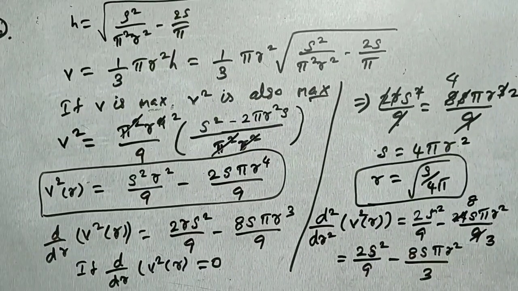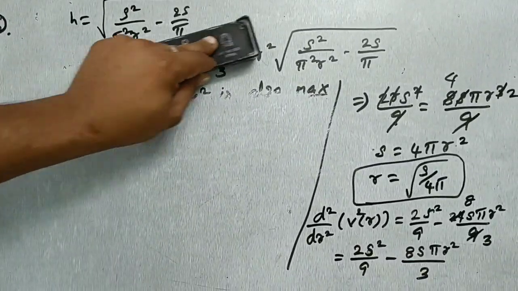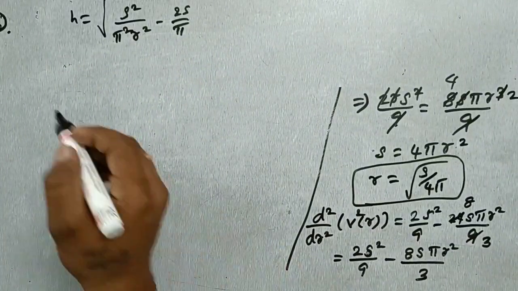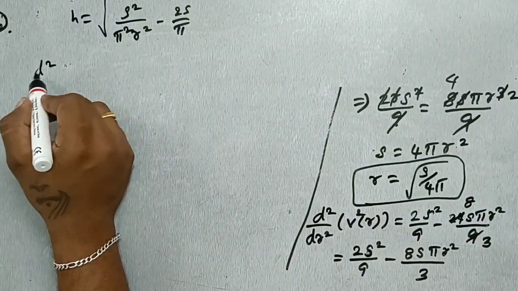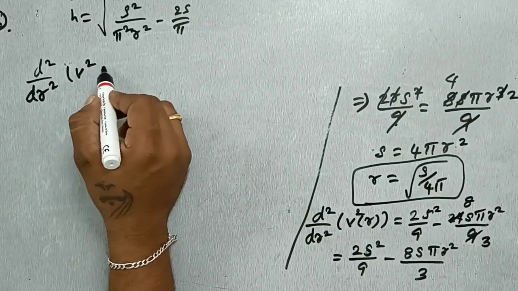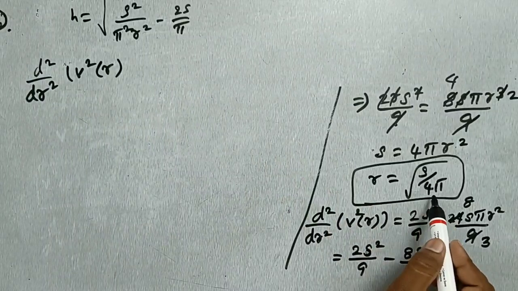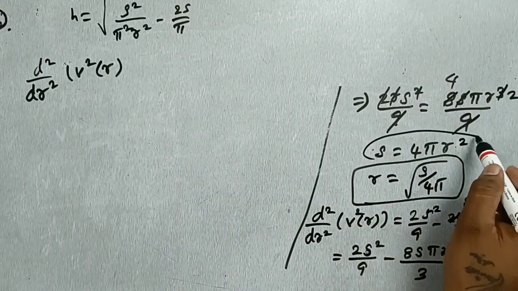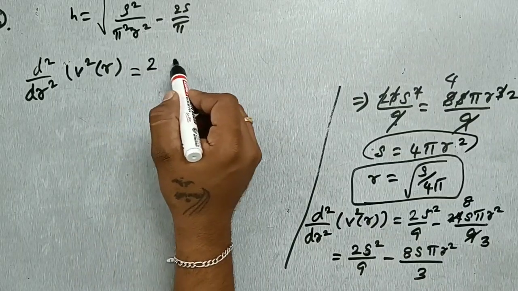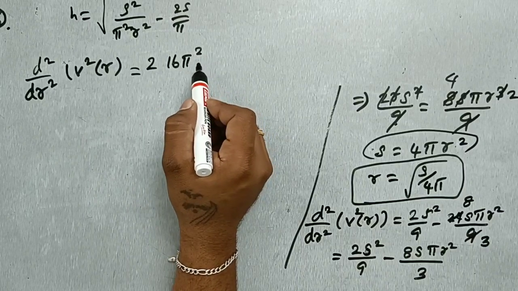Now substitute the second derivative value. The second derivative, d square v by d r square, of v square of r, at r equal to s by 4 pi, or you can substitute s equal to 4 pi r square in this equation. So s square means I will get